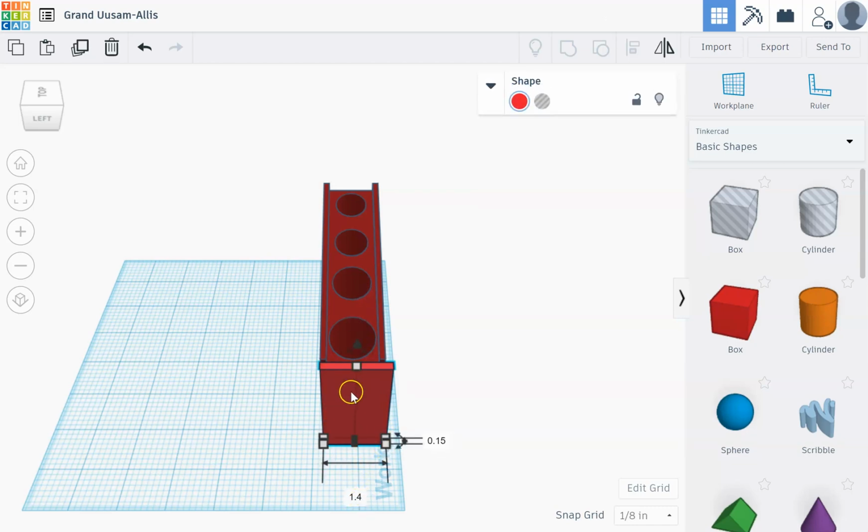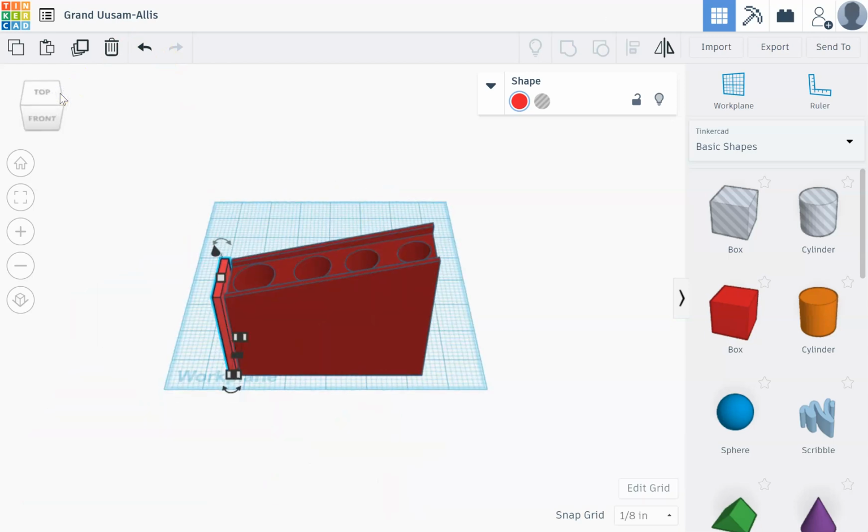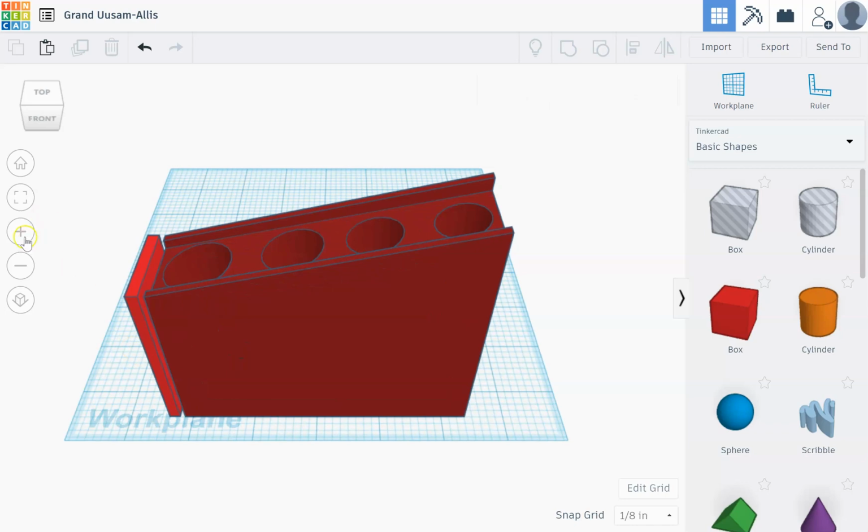I accidentally made it too wide. I'm going to change it from 1.4 to 1.25, so it matches the rest of the shape. Let's take a look at it from another angle. And what I want to do, zoom in,